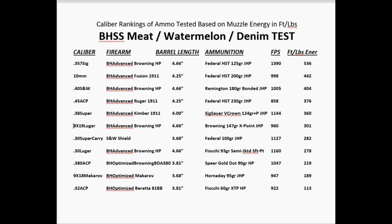We used a smaller dimension test media for the penetration part of our test. We wanted to see that round exit the media, and if it did not exit the media, that was kind of a negative for that particular caliber on that particular day. So I did not feel like any of these rounds made a compelling enough case to go above the 45 ACP, and quite honestly, this particular ammunition